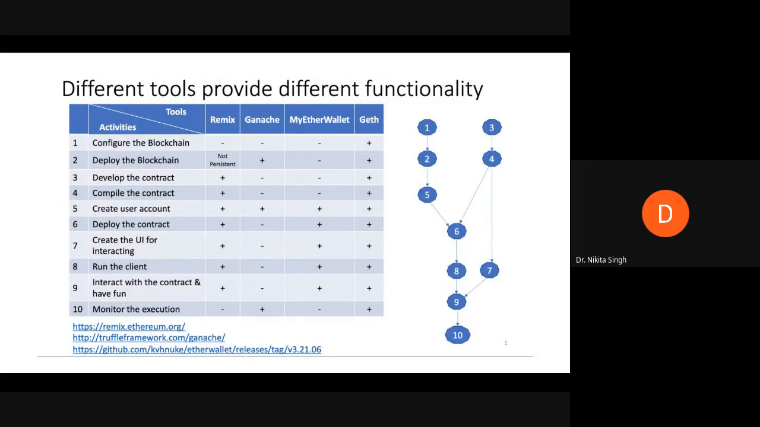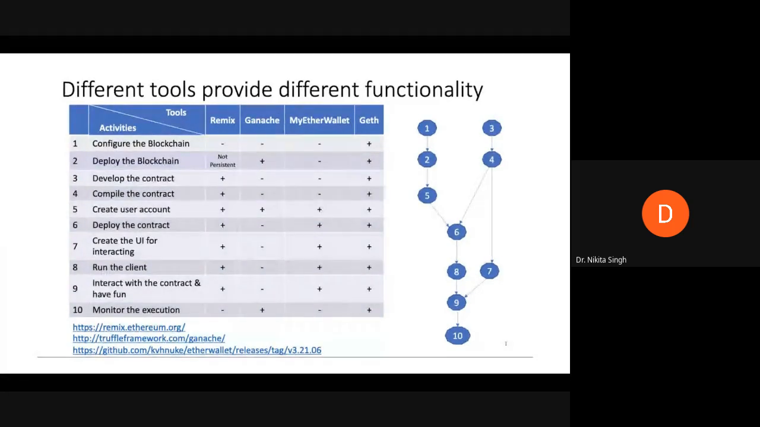So as previously mentioned, we have different tools that provide different functionalities. So we have Remix IDE, which allows us to interact, deploy, test our smart contracts. We have Ganache, we have